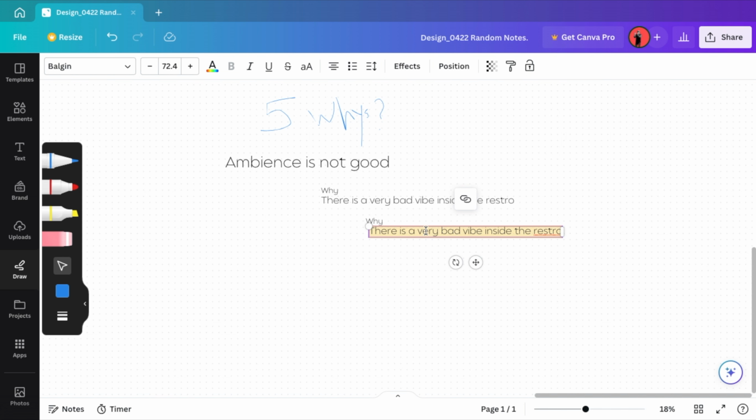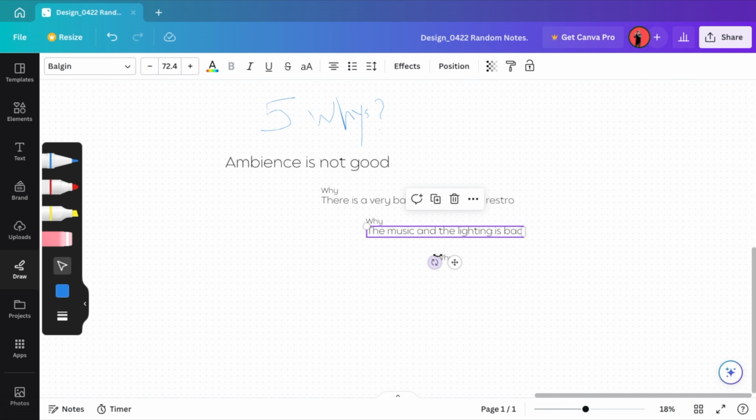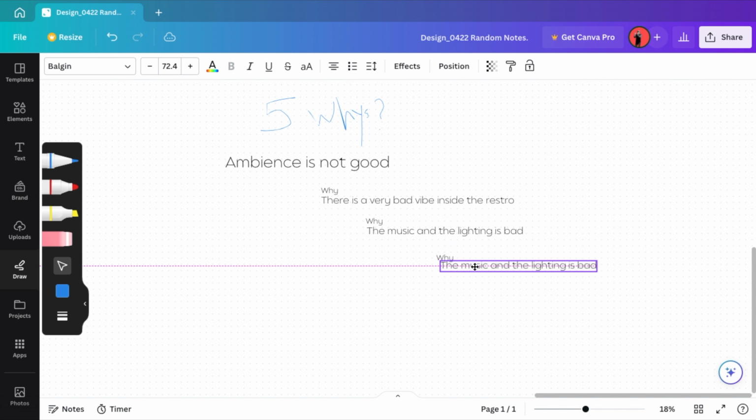They say the music and the lighting is bad. Now you are going to ask, why is the music and the lighting bad, right? You don't have to intentionally make it bad. So why is it bad? So you're going to say that the lights are very old, and there is no one to control music,